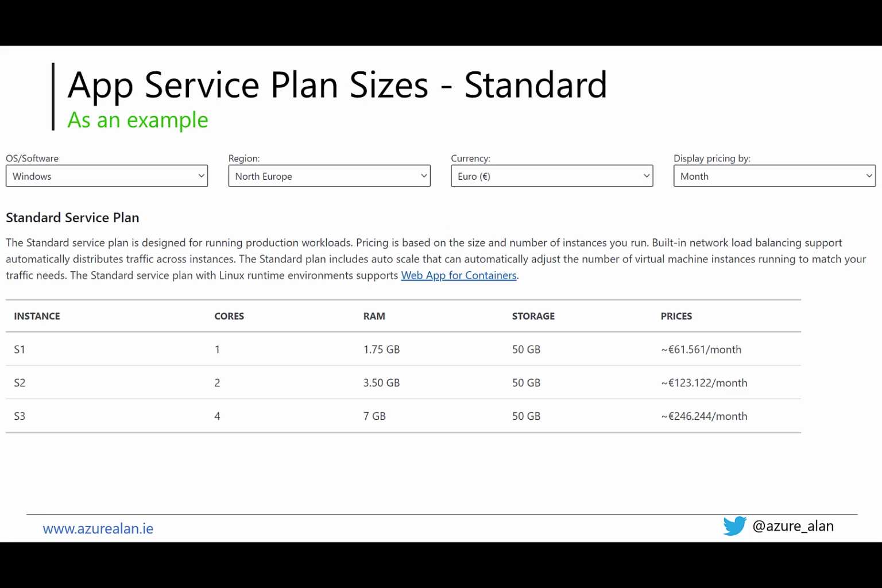Just as an example here, so I mentioned the standard tier, it's pretty commonly used for production deployments. There's a few different sizes there of instances, so you can go to an S1, S2, or S3, and as you can see, the specs there increase the higher up the instance size you go. So a fairly common one I'd say is an S2 size,